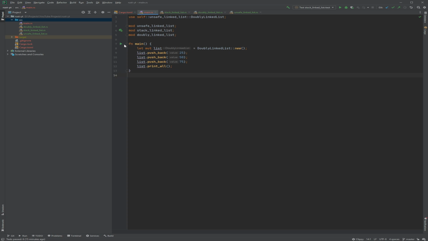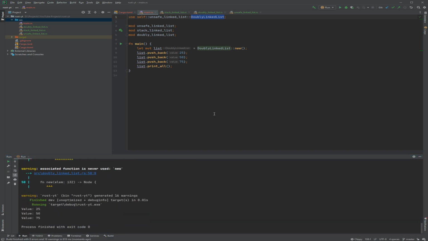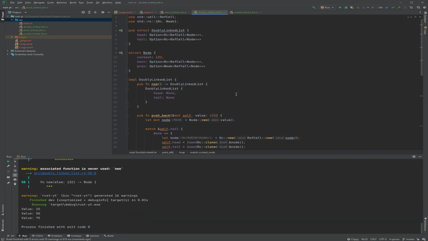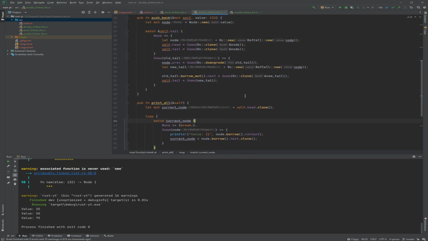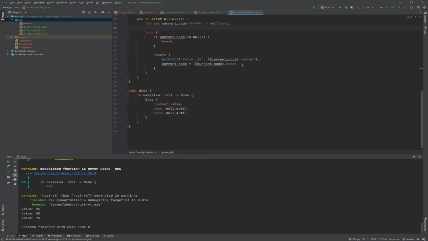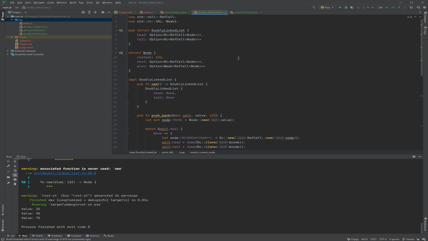And then if we run this, actually let me make sure we are using, nope, we're using the right one. And you get your sweet DoublyLinkedList. So here you go, a linked list implementation. And personally, if I was in the C land, I would love doing this, but since I'm on the Rust land, I'm going to be using Rust features because I want the memory safety and the lack of data races. And C is so horrible to do multi-threading. Rust is the future of programming, and I'm tired.